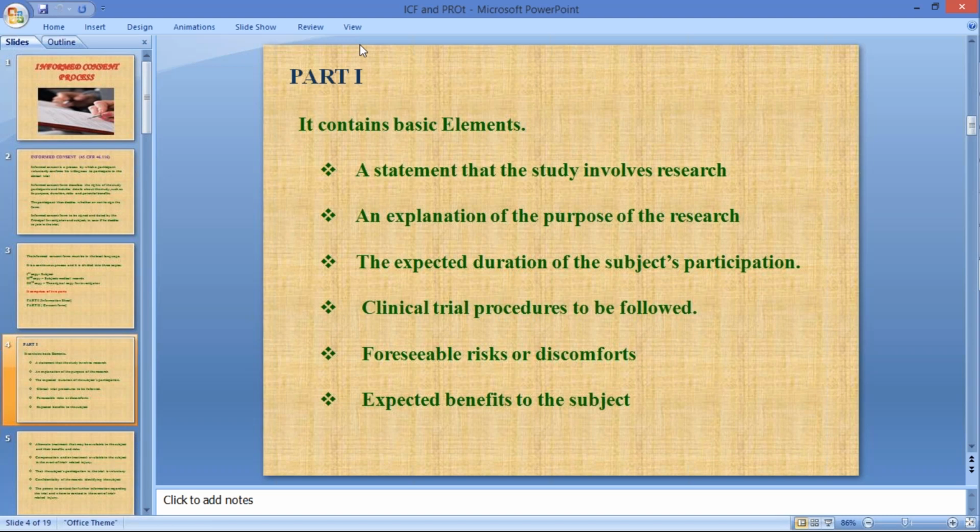And how many days? They explain the purpose of the research. How many days will the patient be in the study? And what are all the procedures to follow? What are all the tests to be done? And risks, benefits,